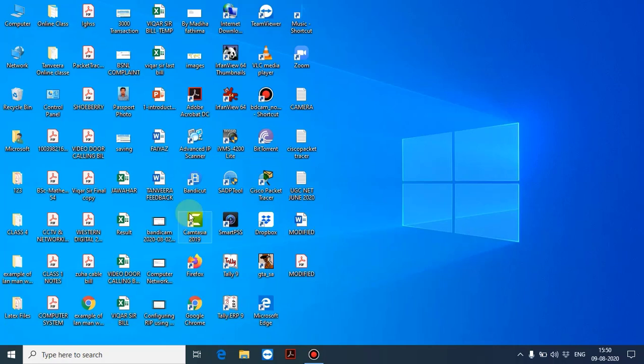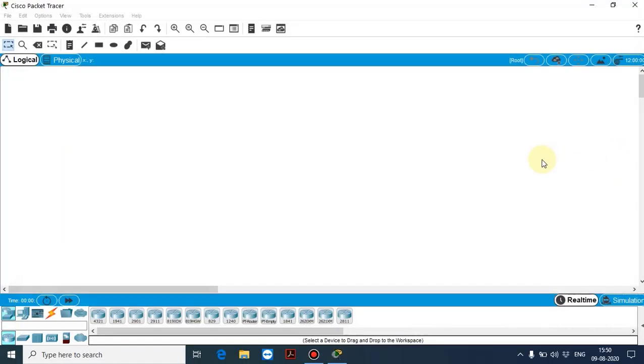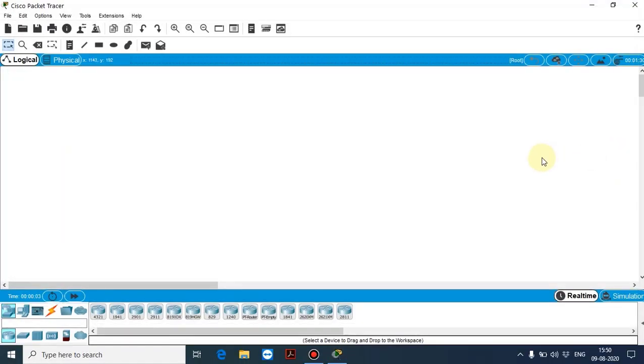So I hope that you will learn what is Cisco Packet Tracer and how to configure two systems using peer-to-peer connection. So now today we are going to learn about first lab exercise, static routing protocol. Okay, so let us begin with static routing. So for that we need two systems, one, two. So two systems I have.